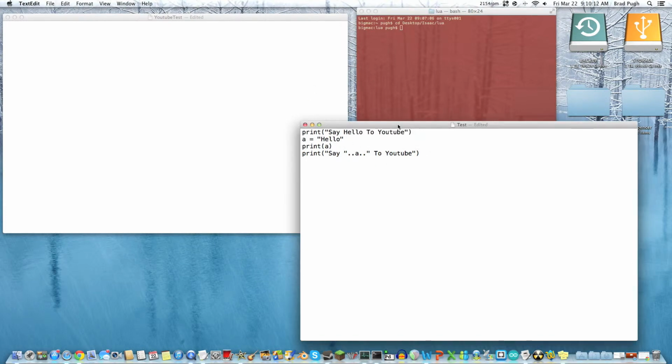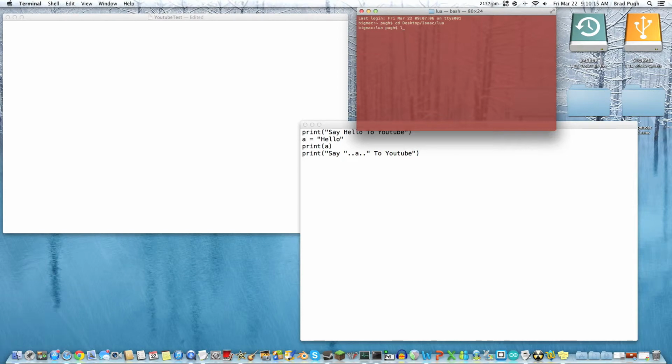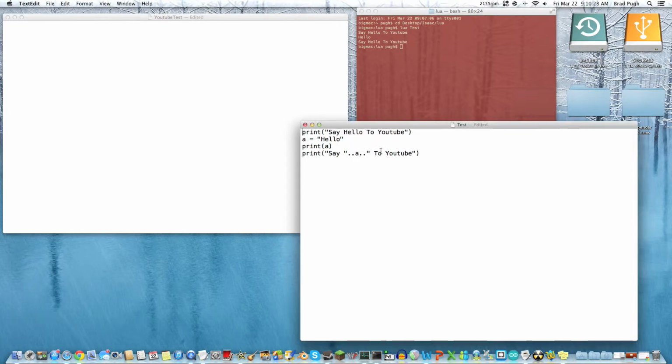So if I run this file, which is called test, so I will type in Lua space my file name. So it's test. Why do I keep putting an extra E in there? Right, so we have it say hello to YouTube. Hello, say hello to YouTube, which is exactly what this does. But as you can see here, we also have a variable, so we can just put in A instead of saying hello. So it's a lot quicker if we need to do something repetitively. That's what variables are used for, and then just printing this, and then so every function will print